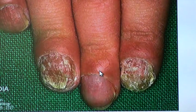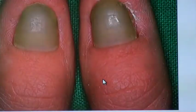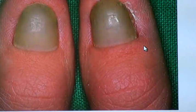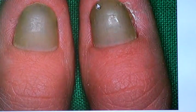Okay? All right, so, eventually, I don't know if this is a good picture because I haven't reviewed it. What happens after severe recurrent episodes of paronychia, you get distortions of the nail and the surrounding skin. Wow. And this is a slide that I just picked out of, I don't